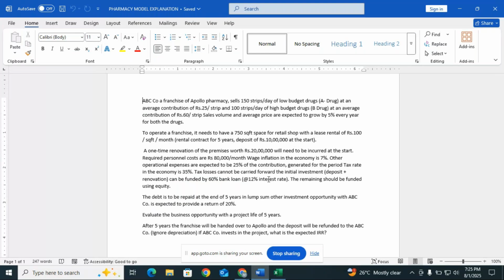And after 5 years, the franchisee will be handed over to Apollo, and the deposit will be refunded to ABC company. If ABC company wants to invest shares in the public, okay, so what is the expected